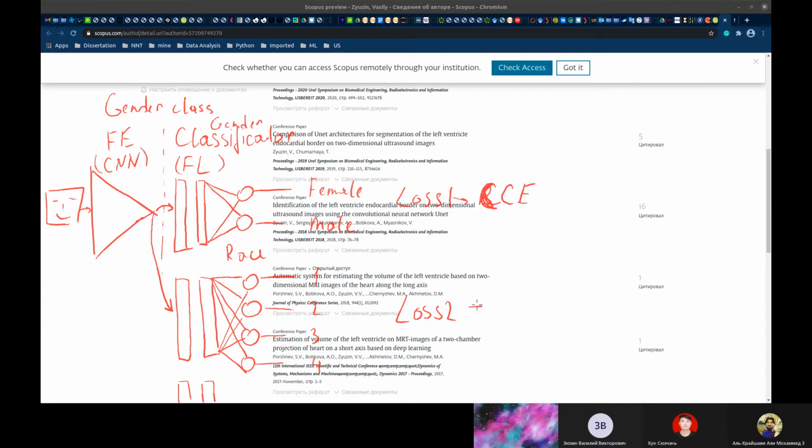This is loss 1, this is loss 2, again cross entropy loss for the race classifier, and we can combine them together into a loss like this: loss 1 plus loss 2. It means that you will change the weights of your classifier and the weights of your convolutional model from this path and from this path, and your model will be trained to classify gender, race,